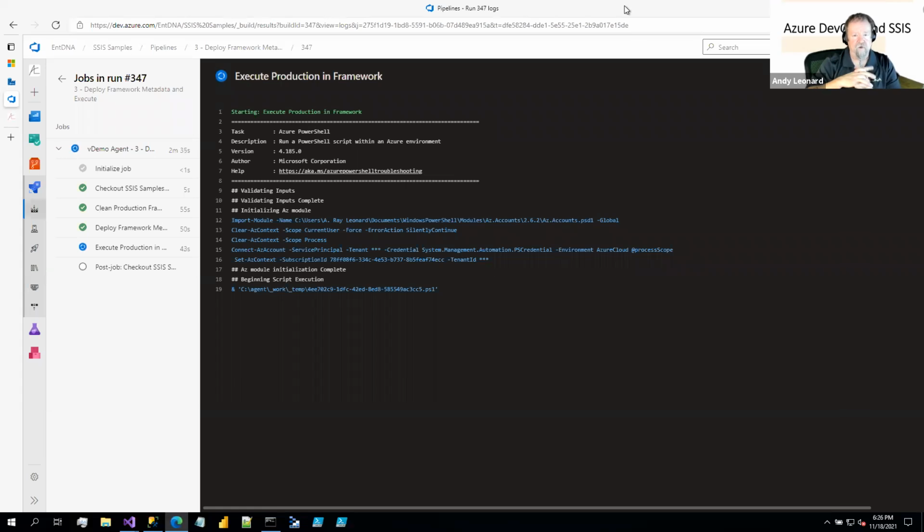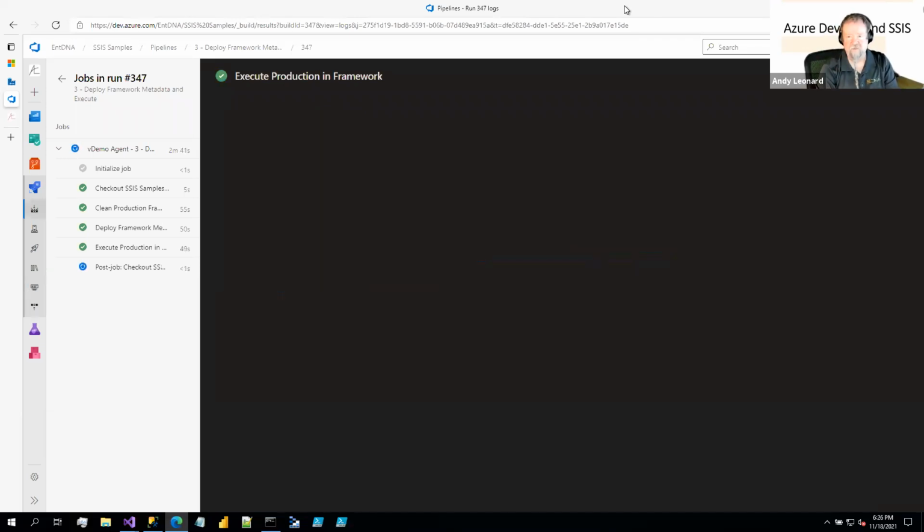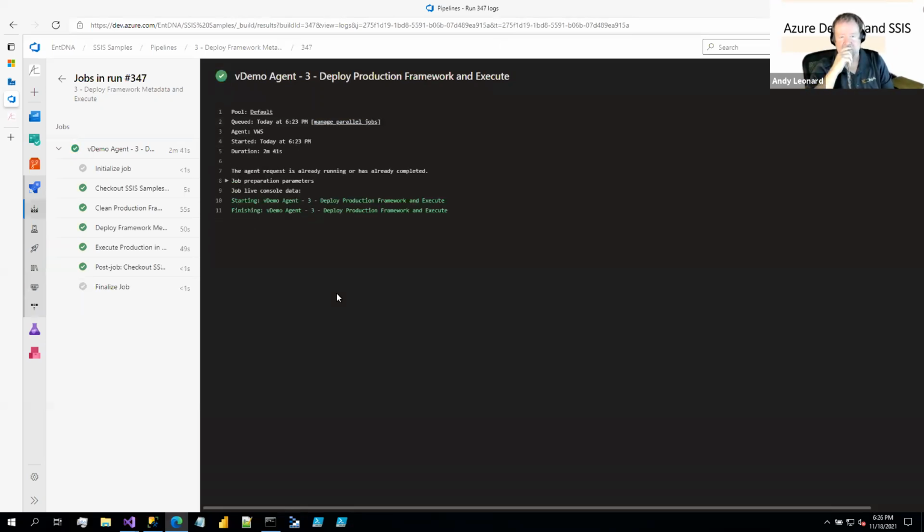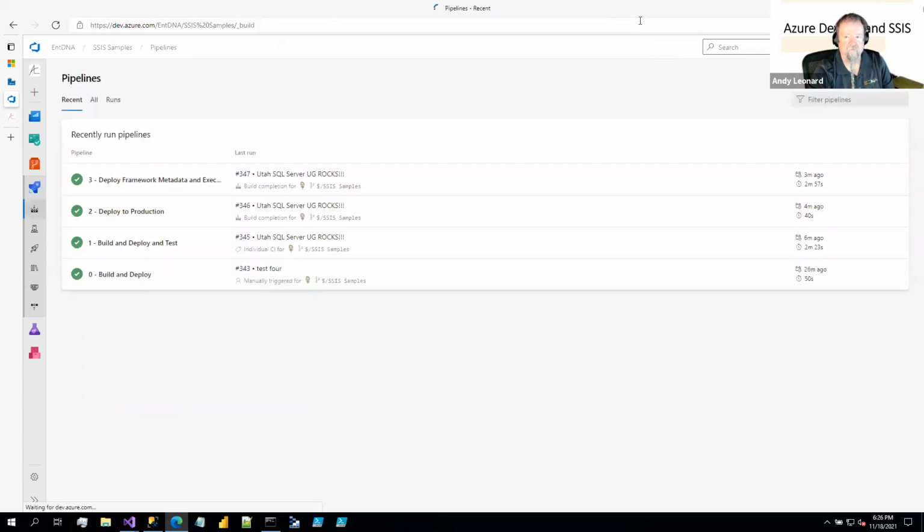We've done this for a number of enterprises. We've just come in and not even touched SSIS, other than to have developers post their code and put it into source control and set up these pipelines for them. And once you do that and you've got that kind of confidence, I mean,